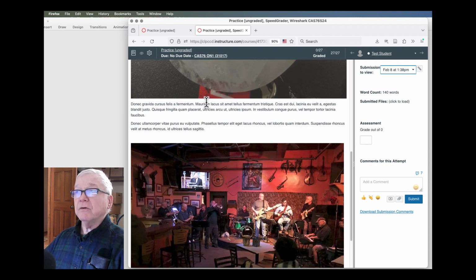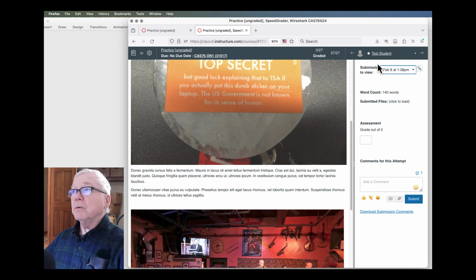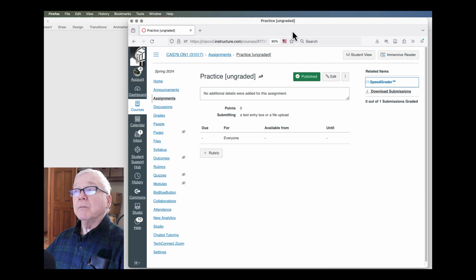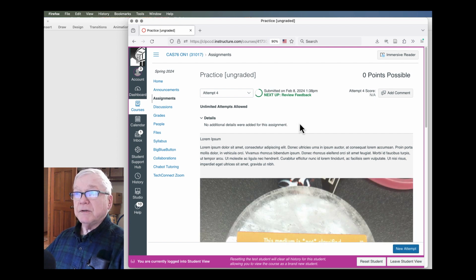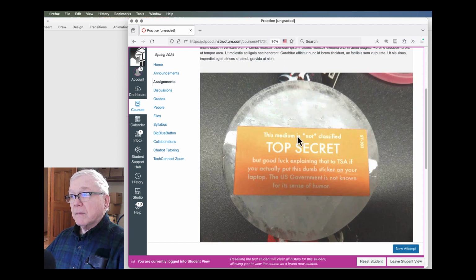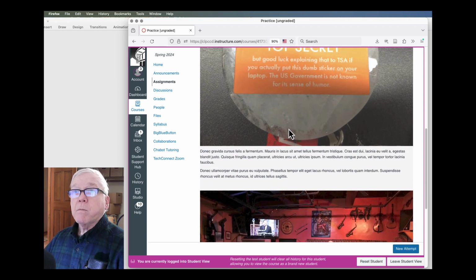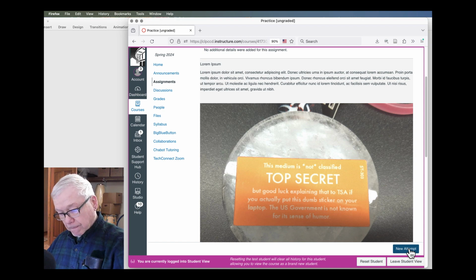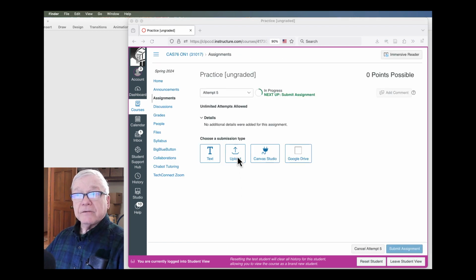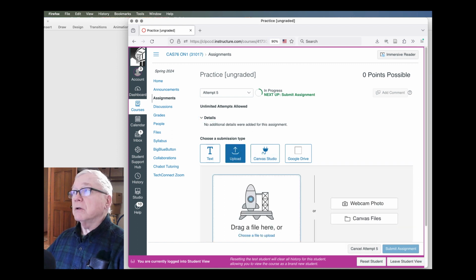Now in the case of needing to upload a PCAP, well then it's going to be the same thing. In that case, I'm going to use upload because these are all going to be files.